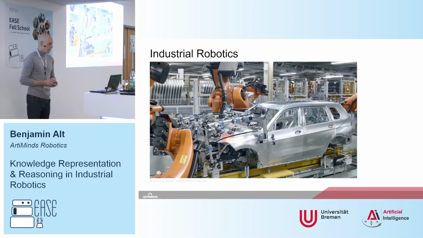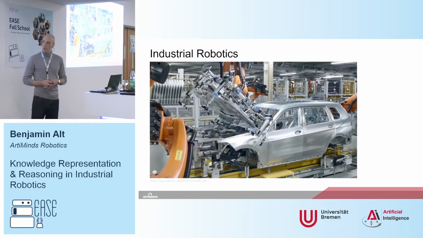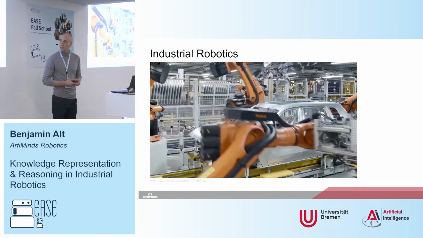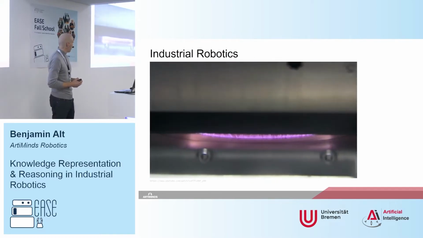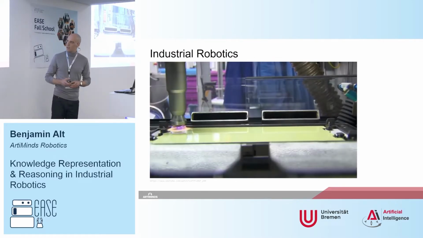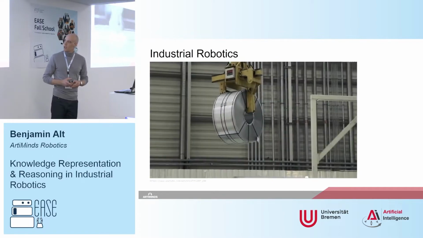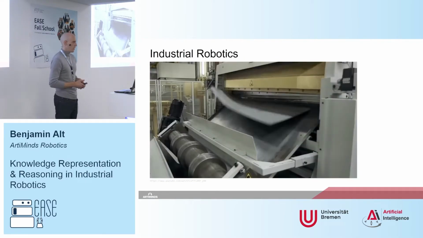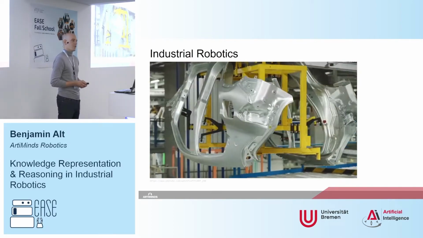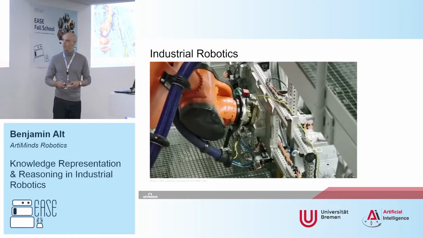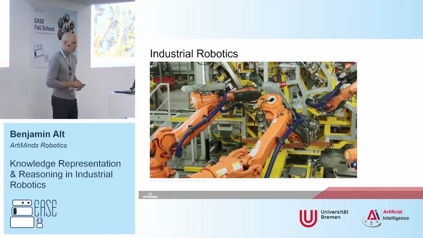So to start off, industrial robotics, typically when people think about it, they think of processes like this, where you have very big and strong and fast robots moving difficult or heavy parts around or doing high precision things, and everything looks highly optimized and as if, okay, why do we even need knowledge representation and reasoning? Everything is already perfect anyway in this very shiny world of automation. Well,